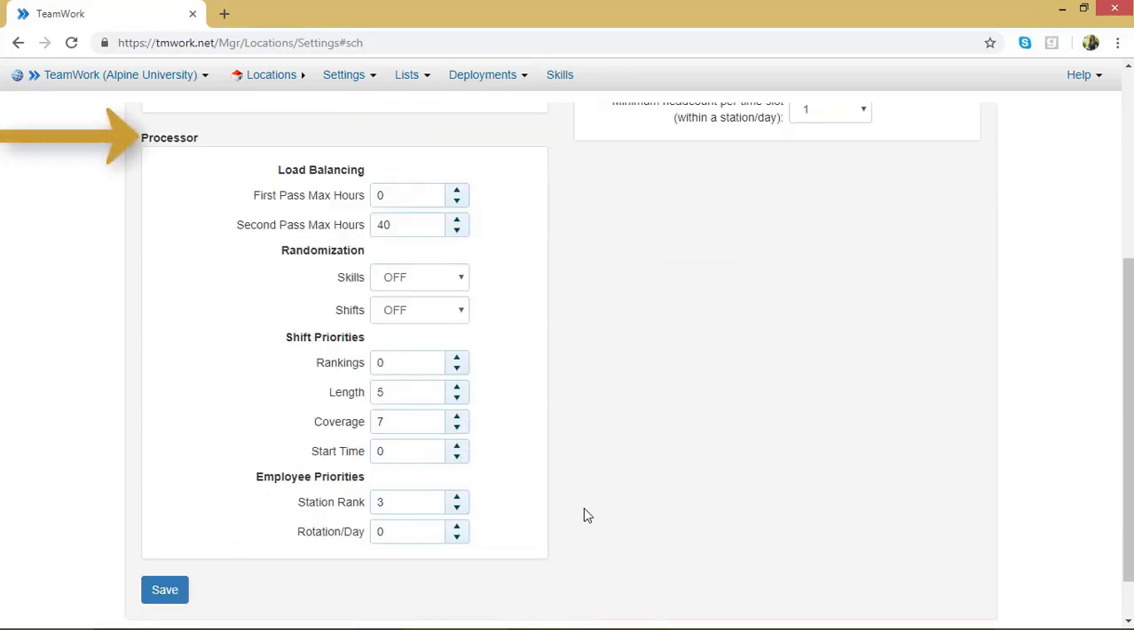this is the settings for how the autofill will fill up your schedule. How you fill out these settings depends on what your goals for filling in your schedule are. Under load balancing, the first pass maximum hours is going to determine whether the autofill gives everyone some hours or it prioritizes employees with higher skills and assigns them the maximum hours first. If you enter in a number that's low, like 20 hours or less, then most of your employees are going